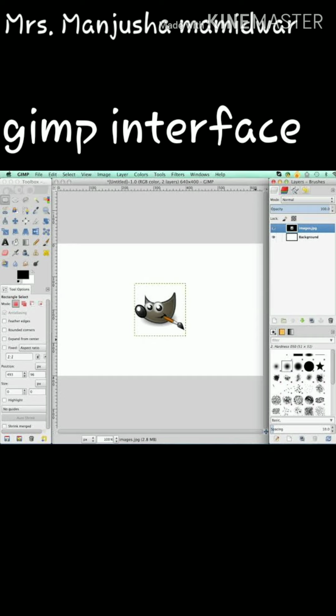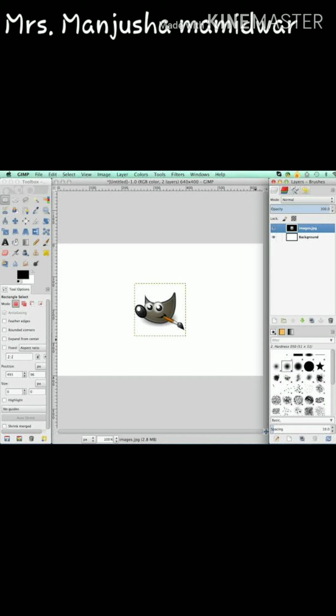In the GIMP windows, there are 4 main components. First, at the top, the title bar, menu bar, and then beside it the toolbox. Second, below the toolbox, the tool options are there. On the left-hand side, various panels are also presented, and in the center is the canvas, called the image window.